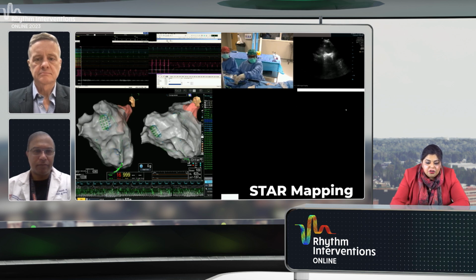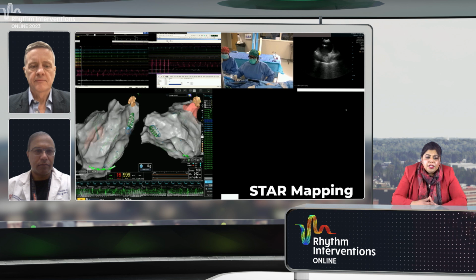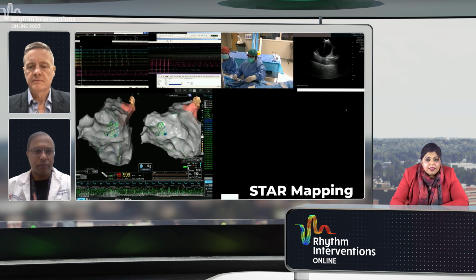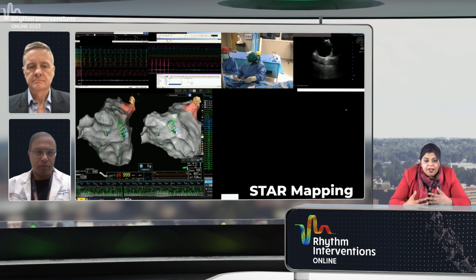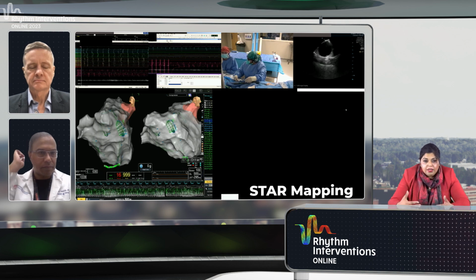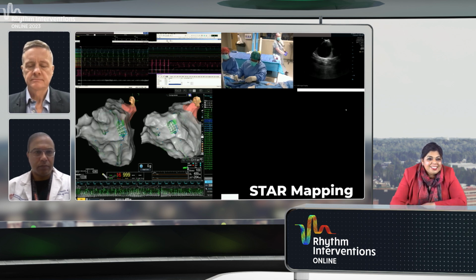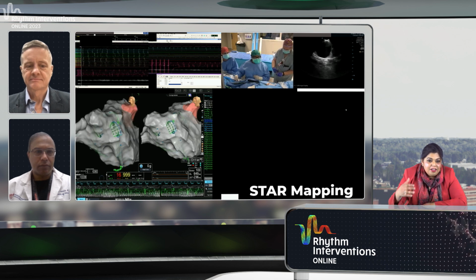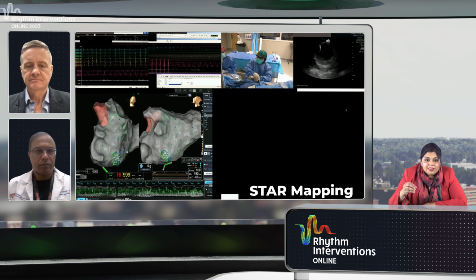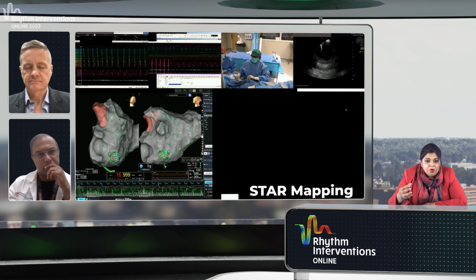But what you're seeing here is we're now starting to do what we call the star mapping. And Richard, feel free to jump in as we do this. But the idea is that you collect your pre-voltage, you create the shell of the atrium, and then you identify different areas with the grid, and you sit still for 30 seconds, which I think Richard saw was the hardest thing for me to do, is sit still for 30 seconds. But you can see on the timer on the bottom, it tells you that you hold the catheter in place, allow the system to collect the patterns within the grid for that 30-second window,